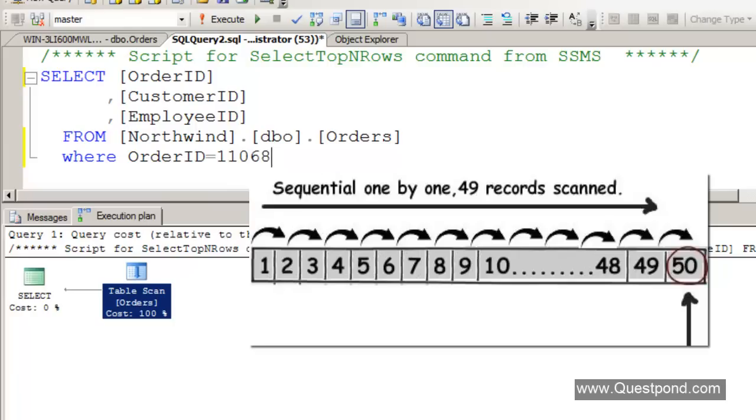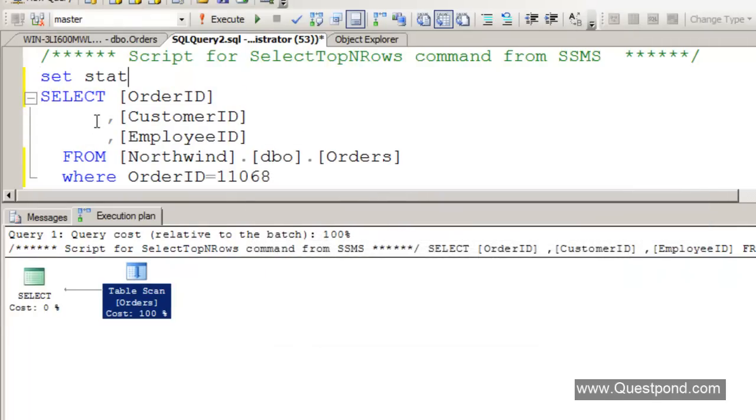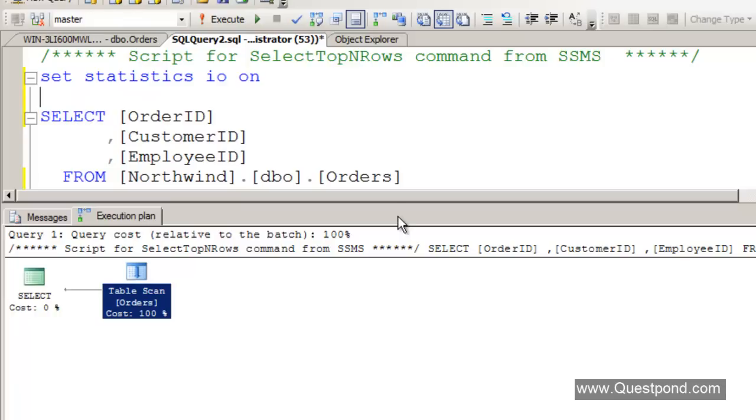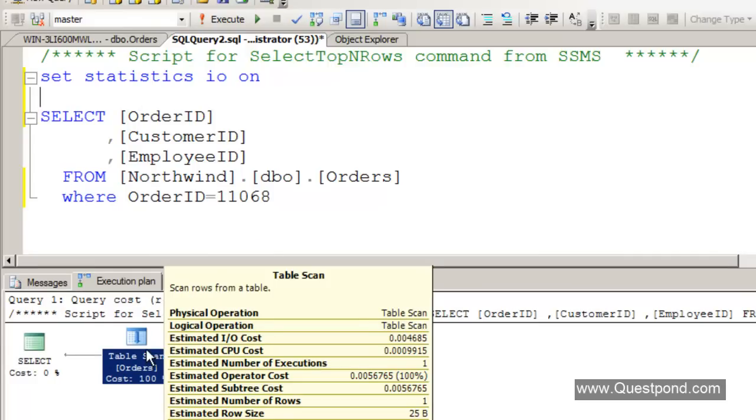Also, let me turn on the statistics. I'm going to set statistics IO on. With this statement, it will display all the performance statistics when you execute this SQL. So one thing is sure, this is using a table scan and it scans rows one by one.